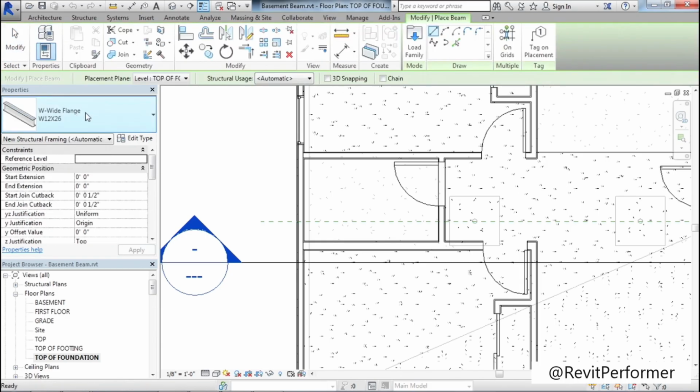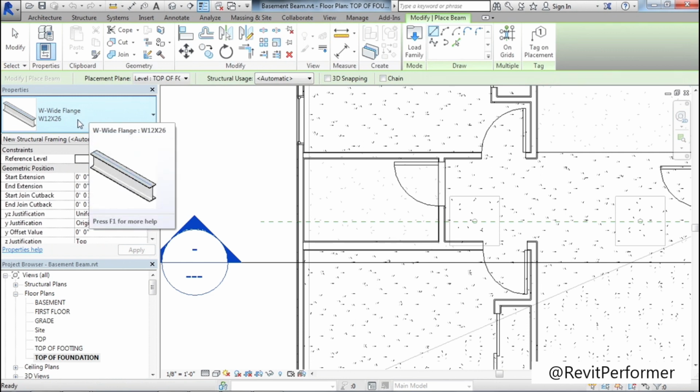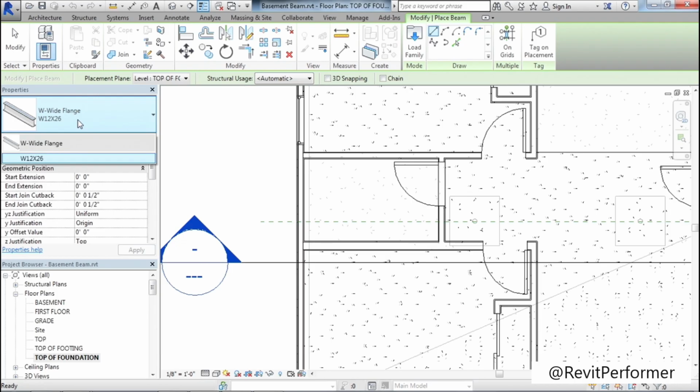And under Properties on the Type Selector list, let's look and see what other sizes we have other than W12 by 26. So if you select on the Type Selector list, you'll notice that right now the only size that we have loaded is a W12 by 26. So what we need to do is